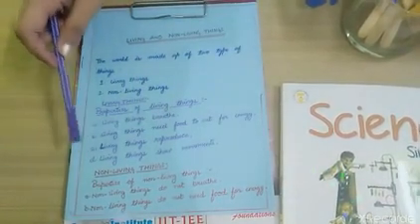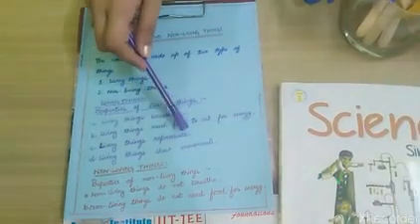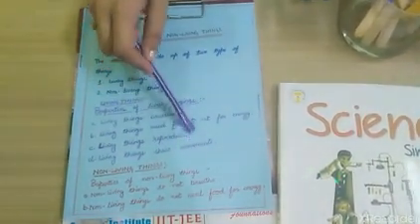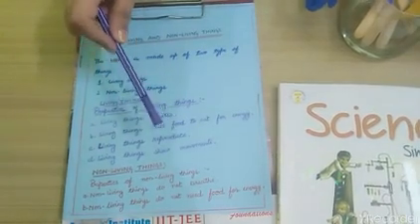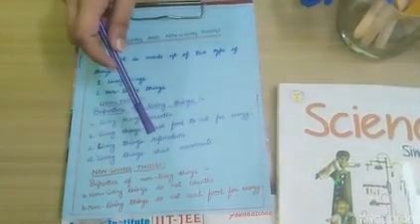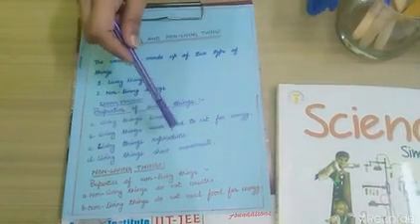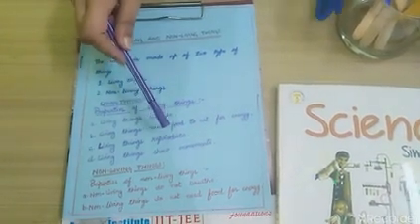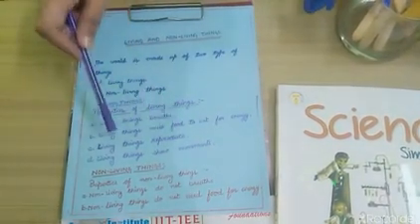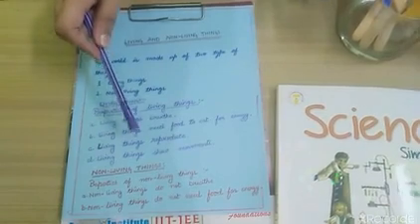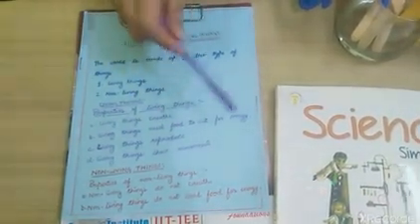The next property of living things is that living things reproduce. Now what does the word reproduce mean? Reproduce means that living things produce one of their own kind. Like a dog produces puppies which become big dogs. A cat produces kittens which later turn into big cats. So similarly, all living things reproduce. They produce one of their own kind.